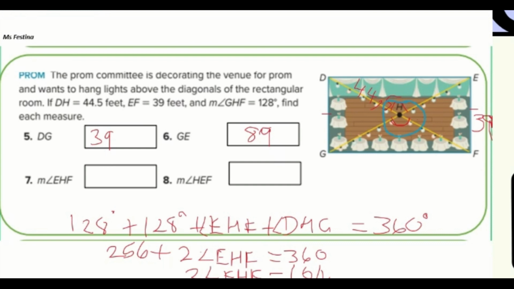And therefore, you need to divide both sides by this 2 here. So this 2 will cancel, and we'll be left with angle EHF